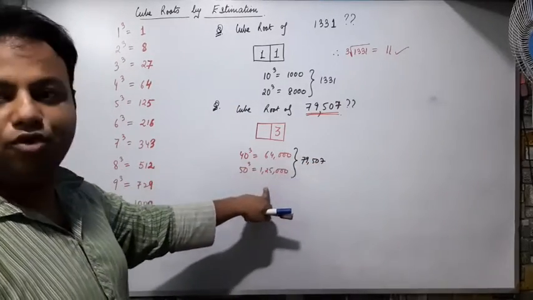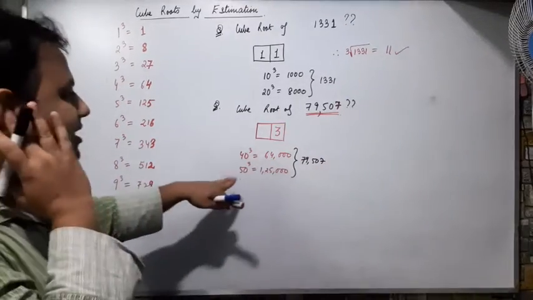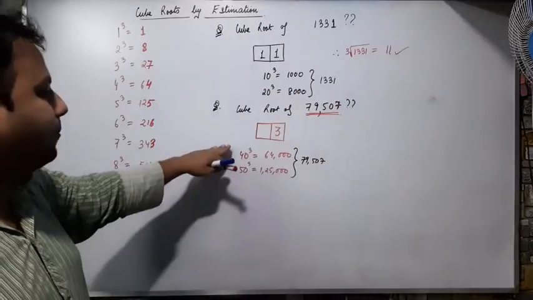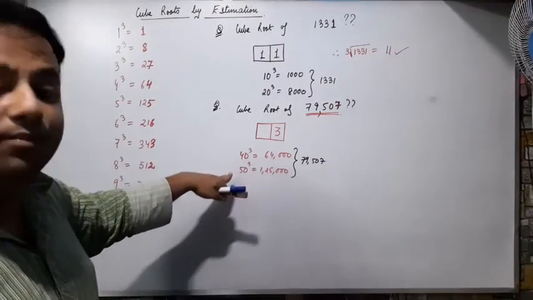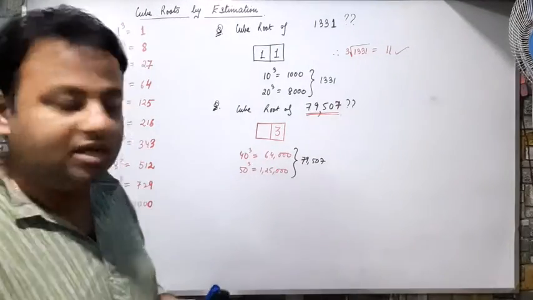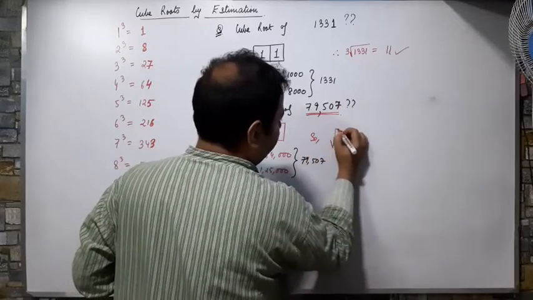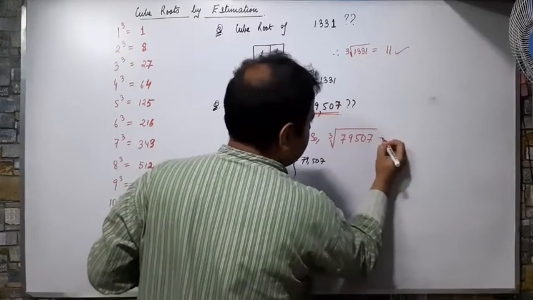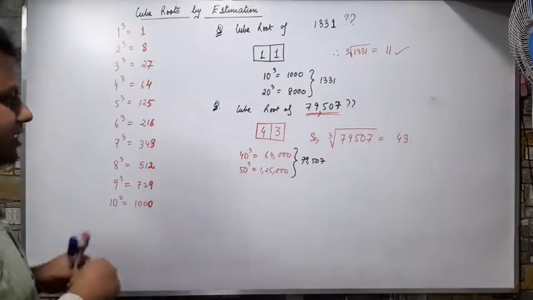64,000 and 1,25,000 এর মধ্যে 79,000 টা পড়ছে। সো দেয়ারফর আমি বুঝতে পেরেছি কি দ্য কিউব রুট অফ 79507 will fall under 40 to 50। তো এমন একটি নাম্বার বলুন যে 40 থেকে 50 এর মধ্যে থাকে আর লাস্টে 3। তো 40 থেকে 50 এর মাঝে একটা নাম্বার যে 43। সো দেয়ারফর আমি এখানে 43 লিখতে পারি। সো the cube root of 79507 is 43। বুঝতে পেরেছো? লাস্ট এক্সাম্পল দিদি, ব্যাস।